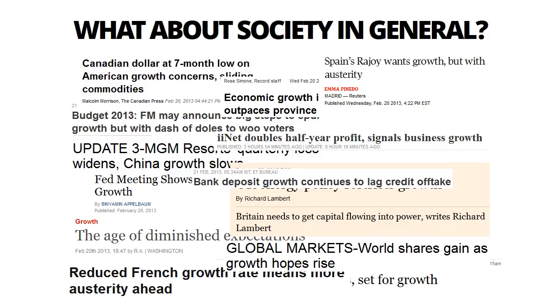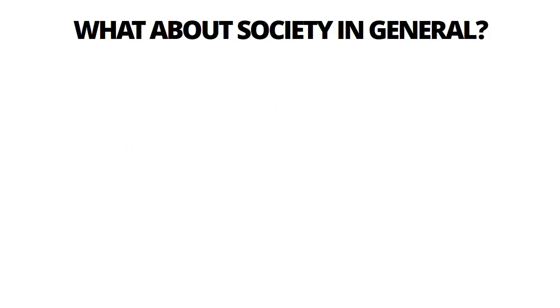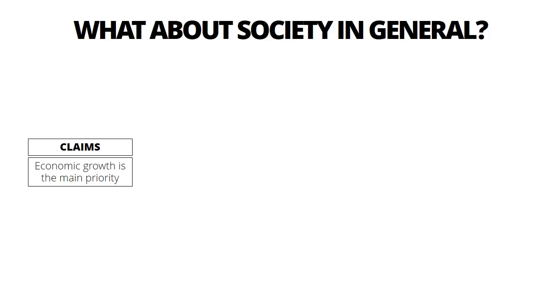To help, consider this small smattering of headlines. Do you see any common terms in these examples? Does anything stand out as being indicative of a broad underlying assumption about business and economics? As was discussed in the video on economic thought, we might say that a central claim about business in the modern world is that the pursuit of economic growth is the main overriding priority of economic pursuits. This would be to follow in the footsteps of some of the strands of economic thought covered in the first video prepared for this week, and though it may seem justifiable, it is nonetheless contestable.